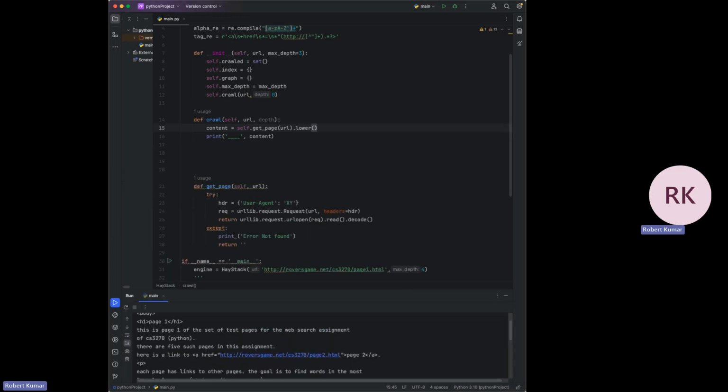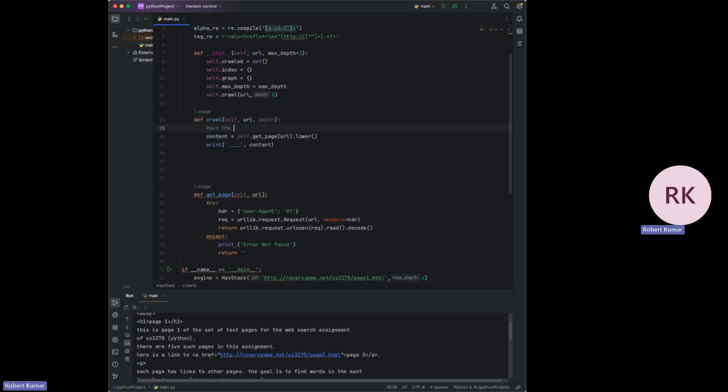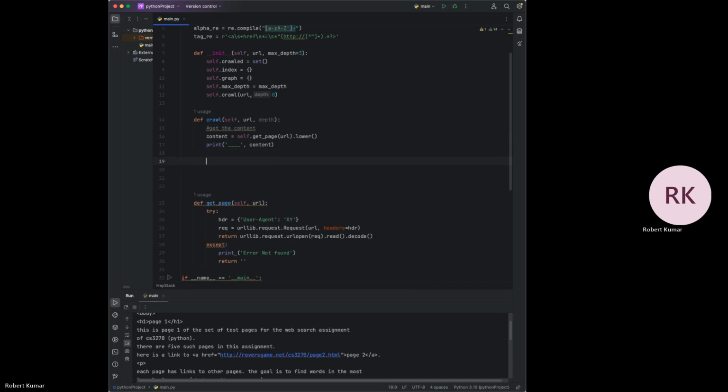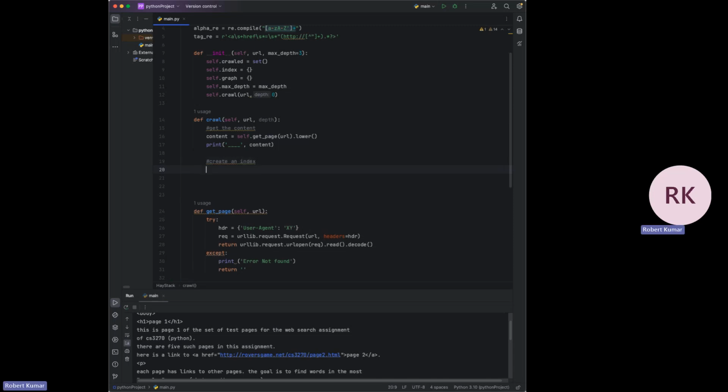the content. Okay. So once you've got the content, all right, you need to, so here I'm going to write some comment here. You need to, once you get the content, then, right, you need to create an index, like an index chart or whatever you want to call it. And the way you're going to do that is, so that content, we can take it, right? We can use the,